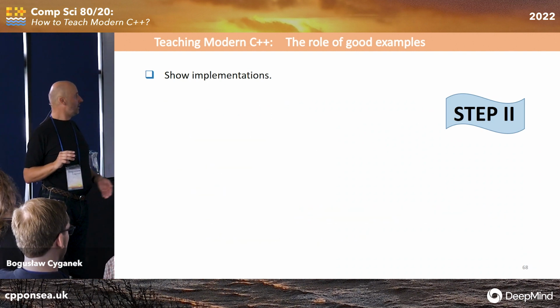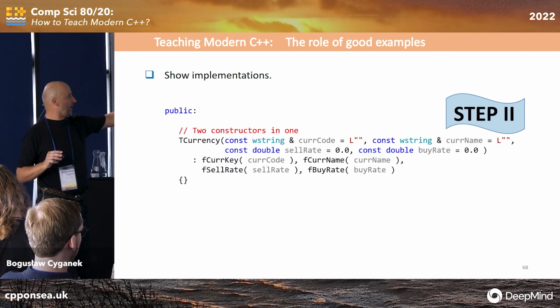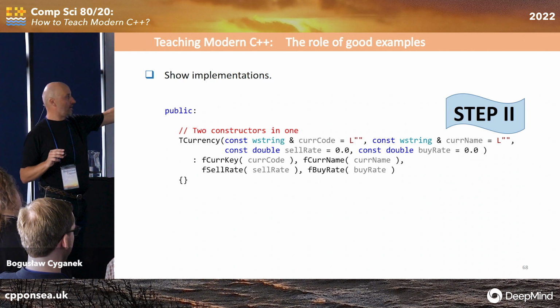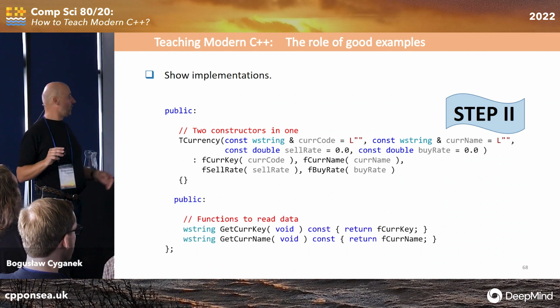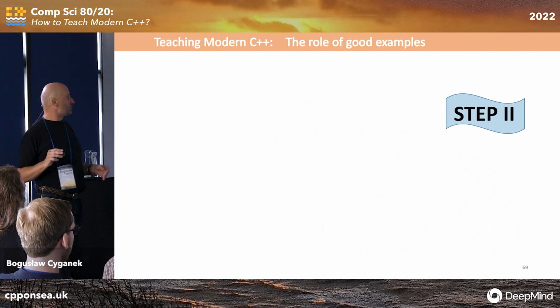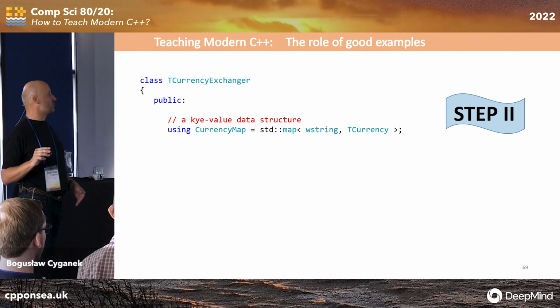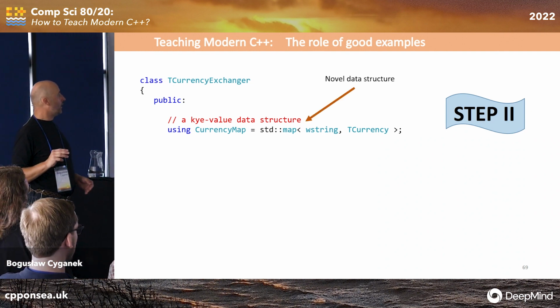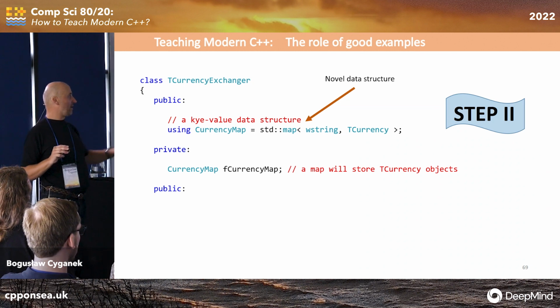As I mentioned, the code is on the web, so you can download it. Again, the constructor, you can show two constructors in one because of the default values, so this is parametric and default, some helpers. Also, how to organize the map using, just to save on typing, a novel data structure, very useful. It is private in this class.